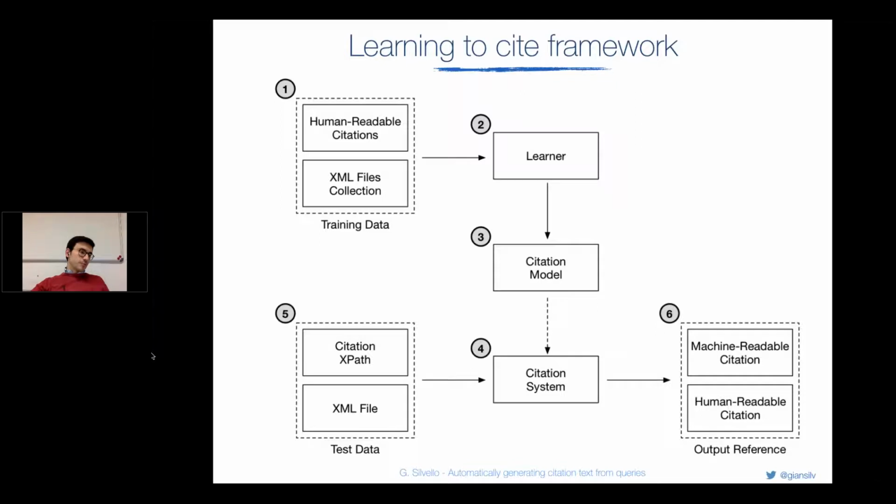This system works especially for digital archives, where we do not expect users to write an XQuery or an XPath. But we expect users to click on a web page and say, okay, I want to generate a citation for this node, or click a bunch of nodes and say, I want a citation for all these nodes, right? But it's quite easy to connect each single node selected by the user with the XPath identifying that node, because an XPath within an XML file is a unique identifier for that node. And once we have these XPaths, we are able to create our citations.